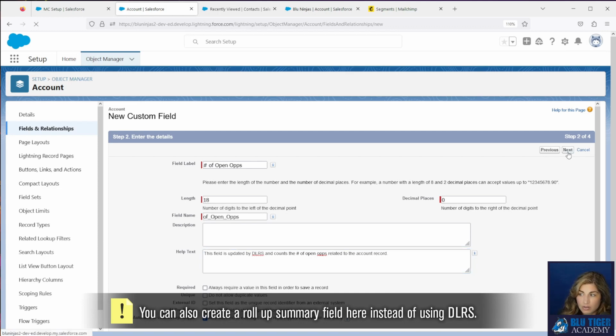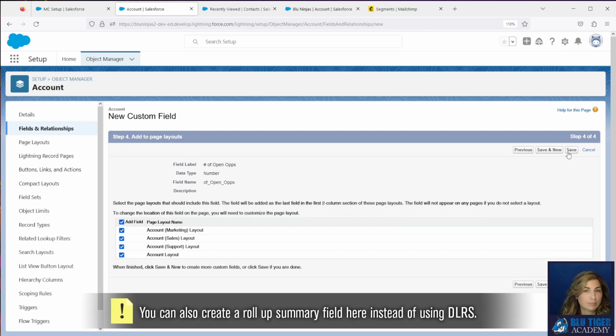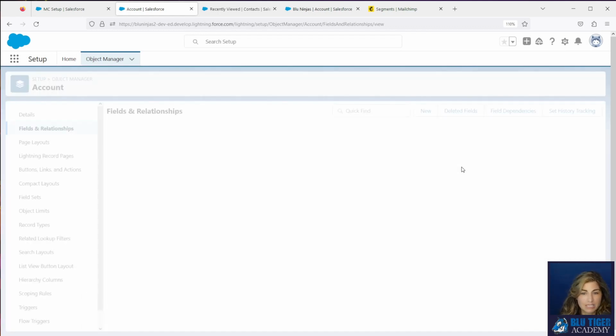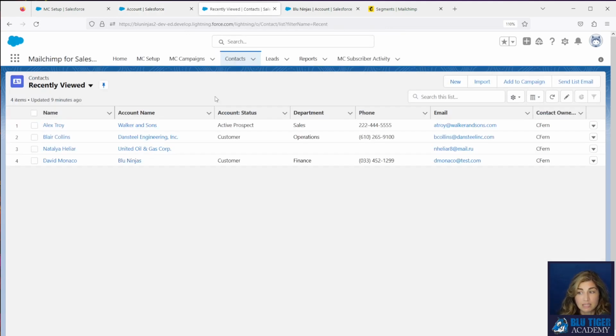So if you do not know what DLRS stands for, you need to check out our video on declarative lookup rollup summaries. So this is one of the coolest packages, free packages. It's open source. It's been around a long time. It's one of the best packages out there for Salesforce. It will give you so much functionality, make you the hero in so many ways. You will be able to find so many use cases for it. It's just going to blow your mind. So definitely take a minute to go over there to that video. I'll put a link to it in the description, and take some time to set that up because I know you will use it again and again and again.